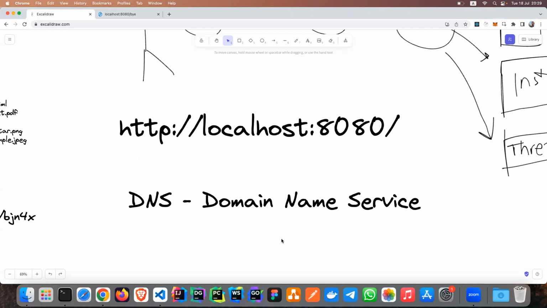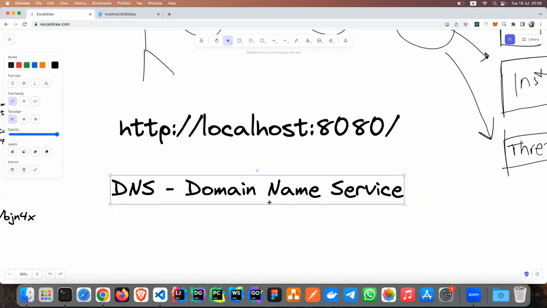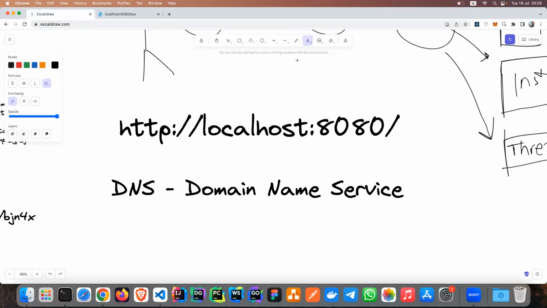So for this reason, we have a domain name service. Domain name service is just a dictionary which maps IP addresses onto domain names. Let's say we have a domain name server. A domain name server is just a device that knows which IP belongs to which domain name. For example, this one domain name server, let's say it knows that